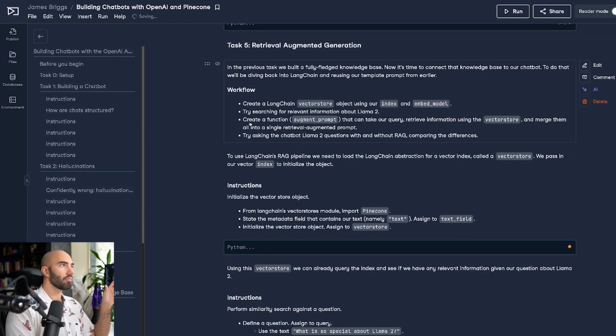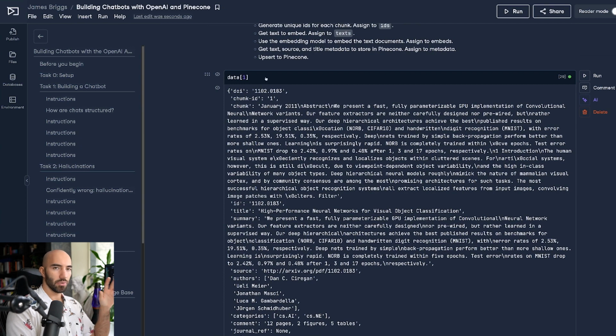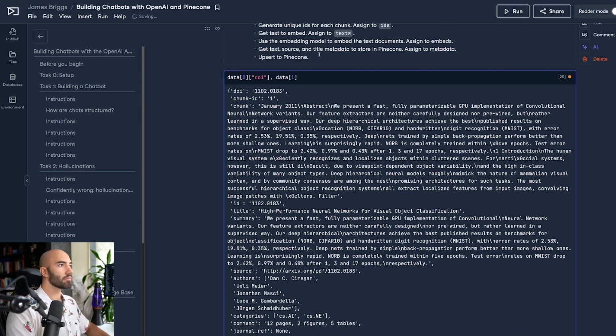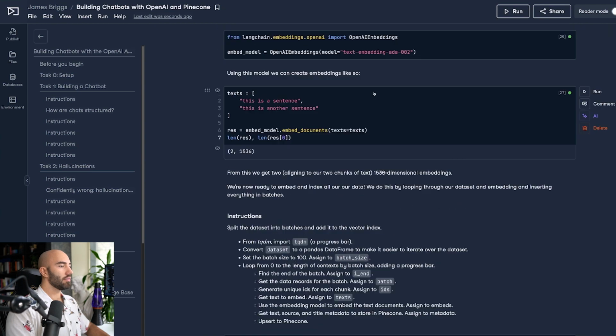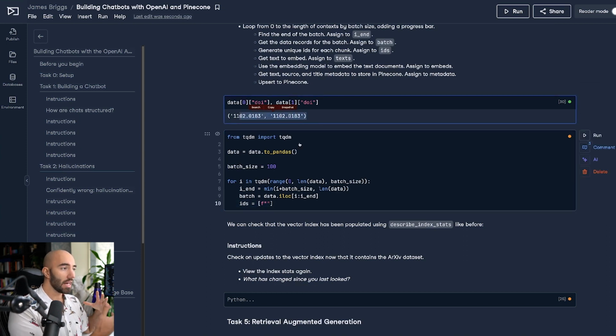Actually, an easier way of seeing this would be if I do this, DOI, DOI. So we can see between those it doesn't change, so we can't just rely on that ID. We need to merge it with another ID.